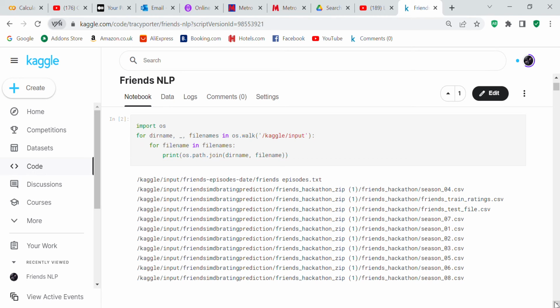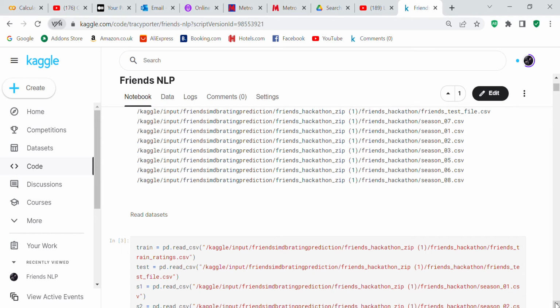And you've also got this file that I uploaded, a text file, friends episode date, friends episodes. That's the file that I had to use because it gave you the dates of all the episodes, and you need that. So I was able to upload a file. And don't forget, whenever you're entering competitions, sometimes the competitions say that you can use another file, and then whenever you use another file, you have to upload that file into the system.